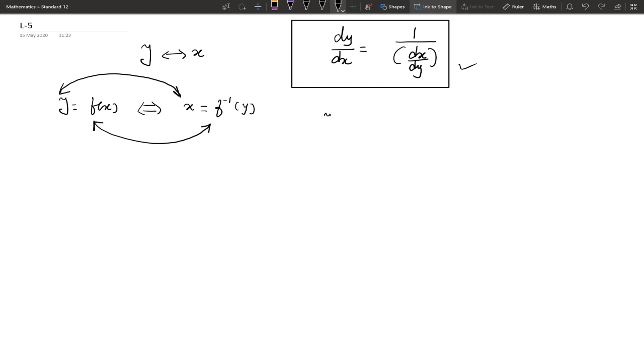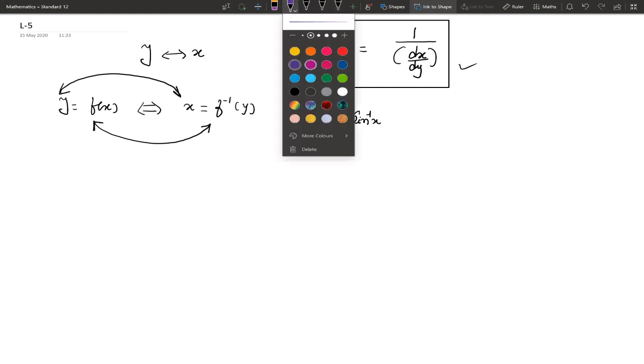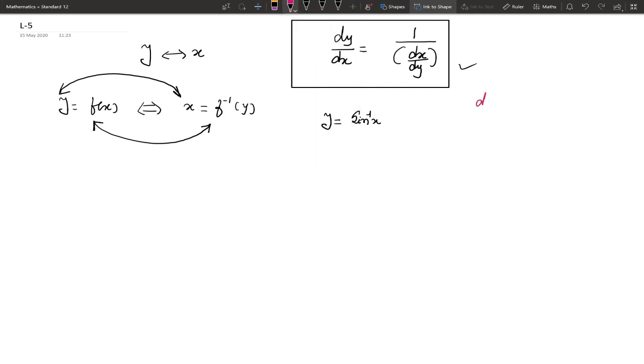For example, y equal to sin inverse x, prove that dy by dx equal to 1 upon under root 1 minus x square. For example, for y equal to sin inverse x, prove that dy by dx equal to 1 upon under root 1 minus x square. Now y equal to sin inverse x,